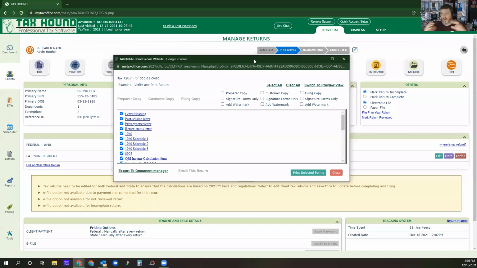Now, what the IRS says is that you and your client have to agree on how they get their copy. That is it. You're required to provide them a copy, but it does not have to be in paper. You do not have to provide them a physical copy unless they request it. That's essentially how it works, right? If they say, no, I want a paper copy, then you print it. You have the ability inside the software to send them the customer copy with a watermark, if you so choose,